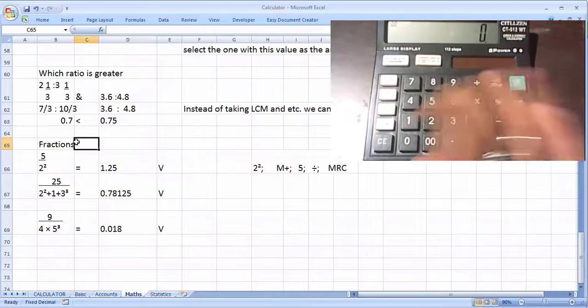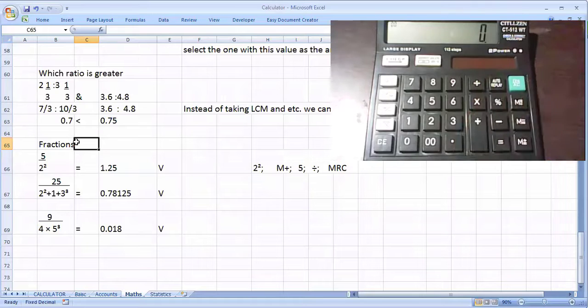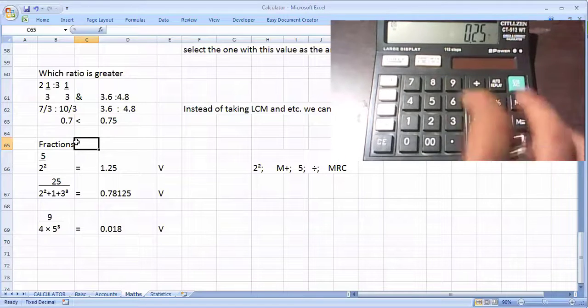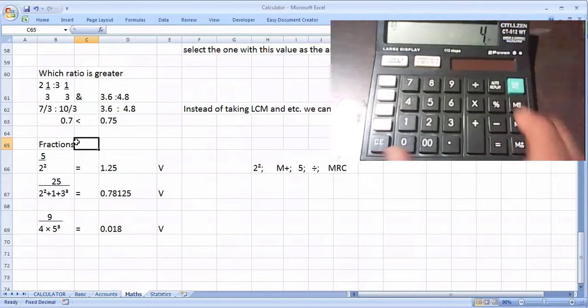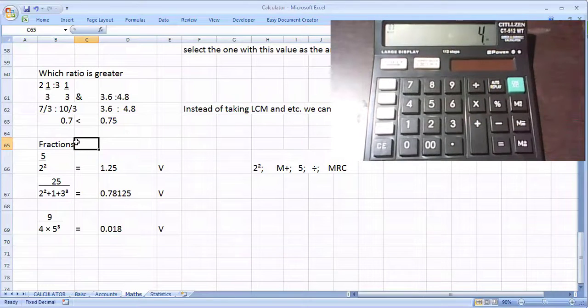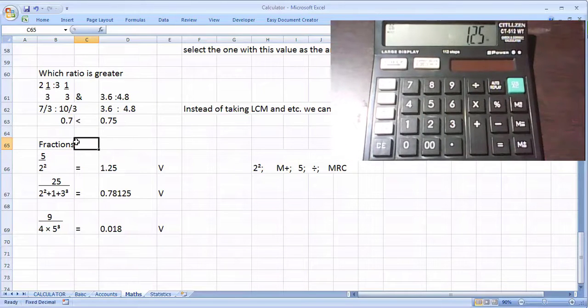5 by 2 square. 5 divided by 2 square means 5 by 4. We can go straight away if you know the number. But if you don't know the number, then what we can do is first take the denominator. That is 2 into 2, square, just put equals. That's all. You'll get it. 2 square is 4. Now we need to take the numerator, divided by, equals, numerator into 5, equals 1.25. This is one way. Or else make this 4 into the memory by pressing M plus. It will sit in the memory. Now 5 divided by MRC equals 1.25.